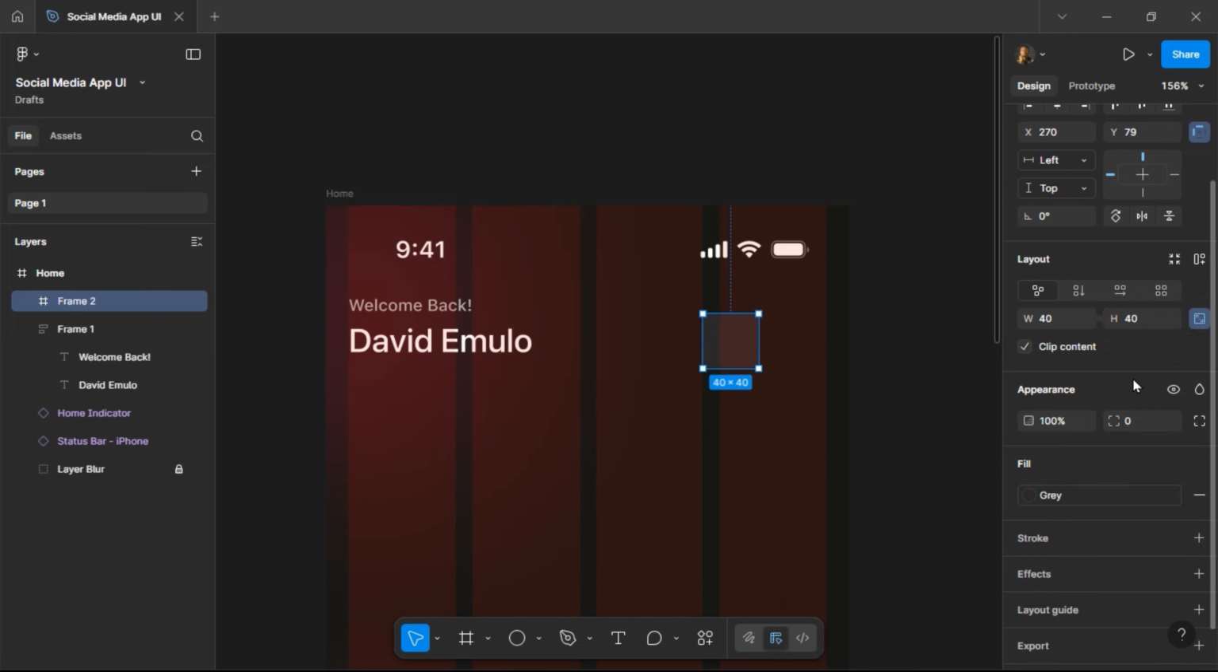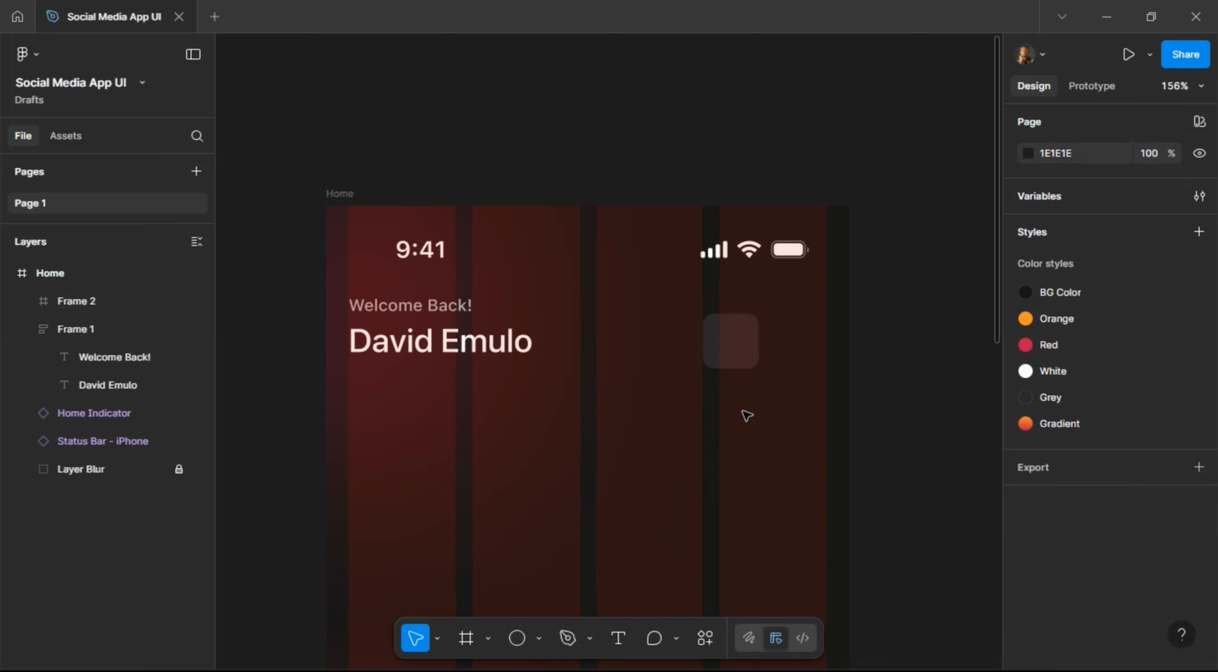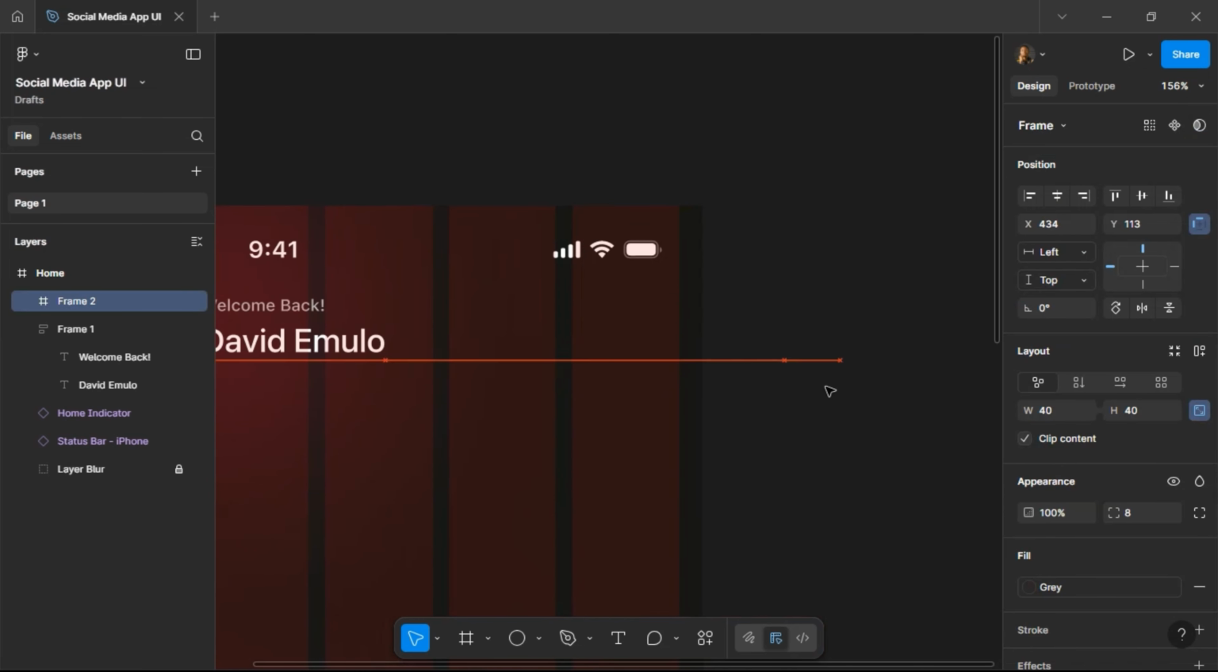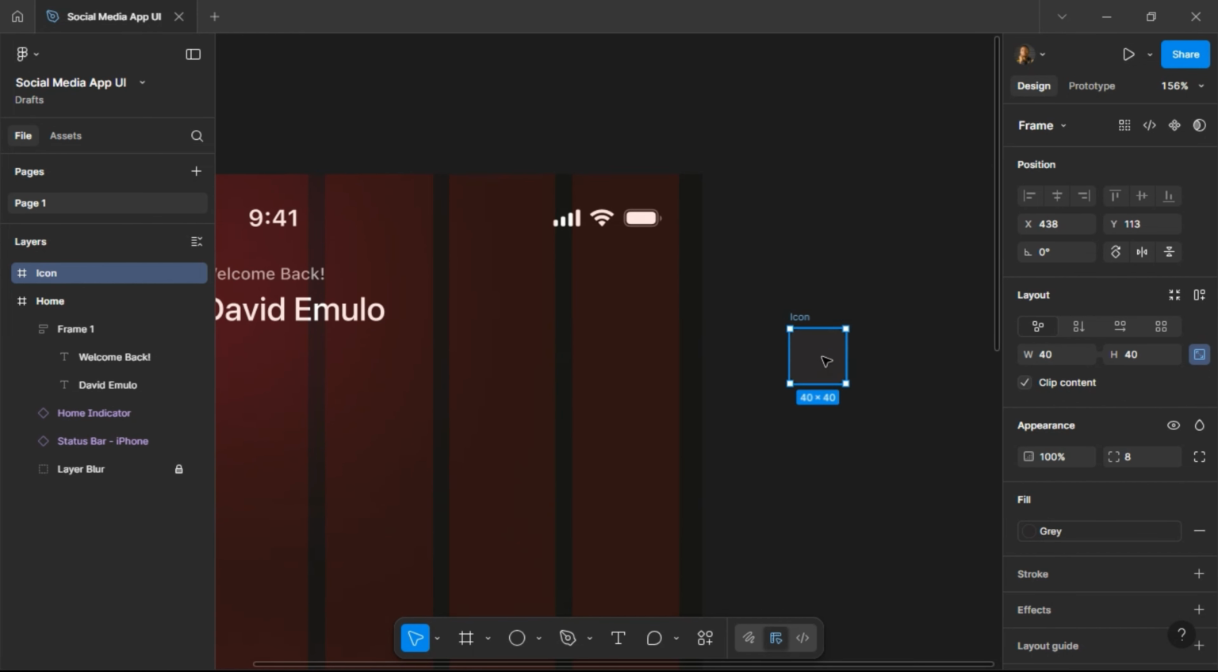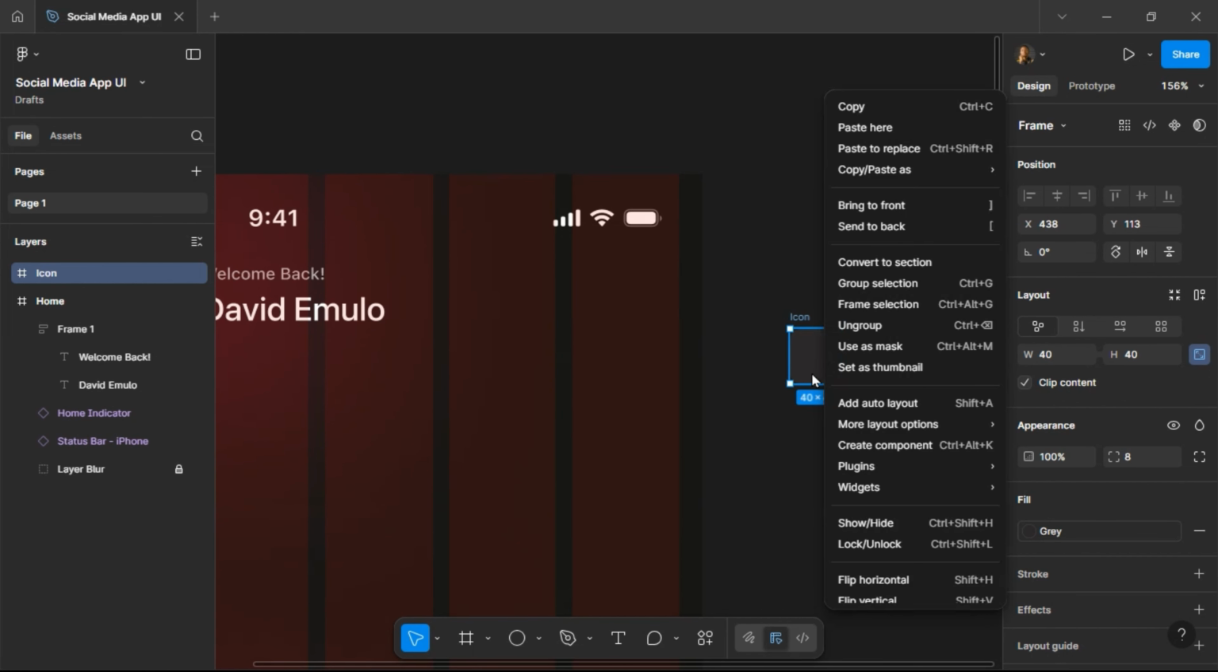And we're going to change it to a gray color and give it a corner radius of like 8. So if I select outside, this is how it looks. There's something we need to do first before we bring it back in. I want to make this a frame. I want to make this a component. So I'm going to rename this to icon and then I'm going to quickly right click on this and go